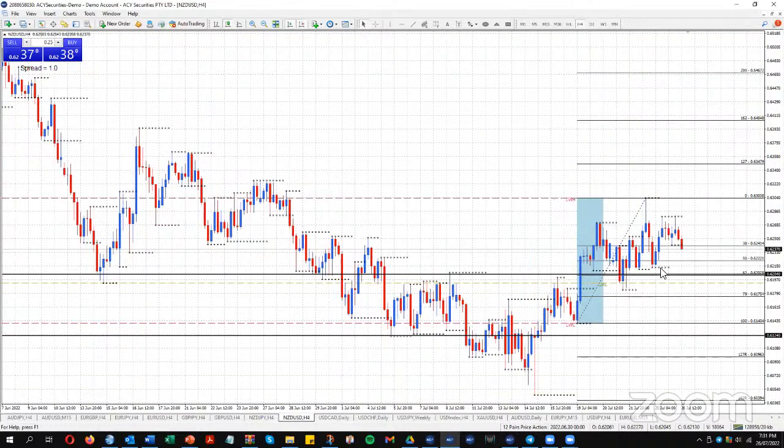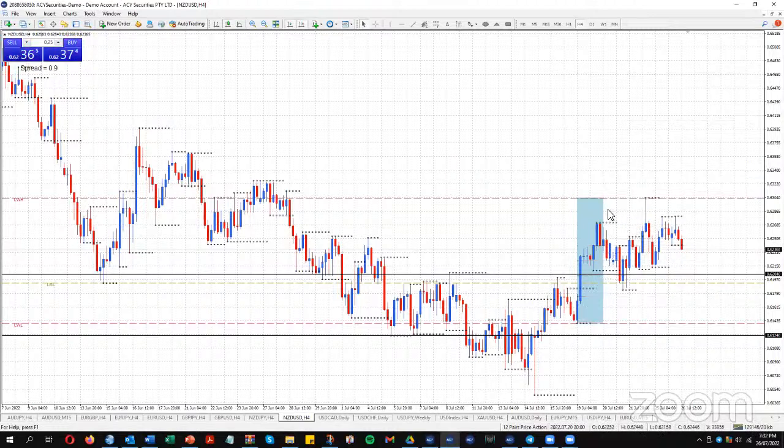Right, New Zealand dollar. Now, this is last week's candle, just showing you where it formed as a range. I've got my fib drawn in. And again, price action isn't great. It's all very much range bound. It's consolidating back within the range of last week's whole range. But what we did do last week was move above a key area of resistance.